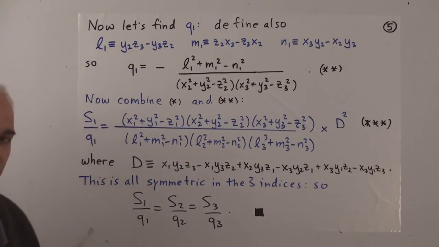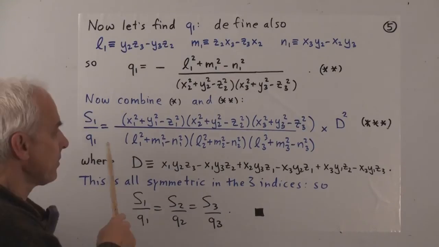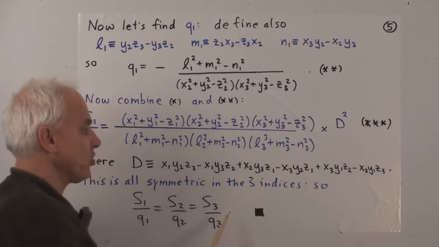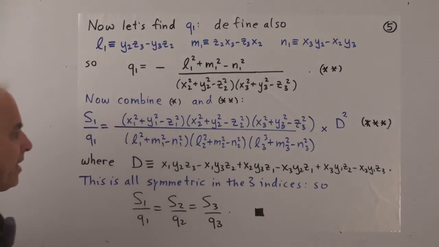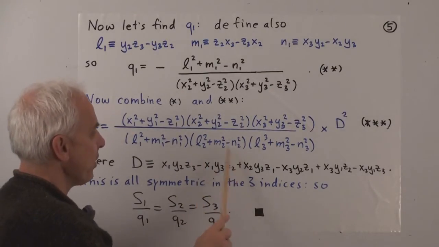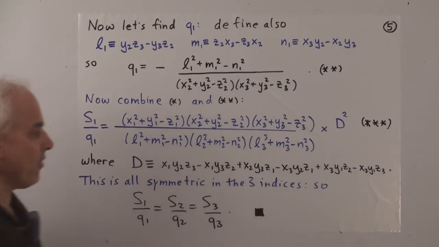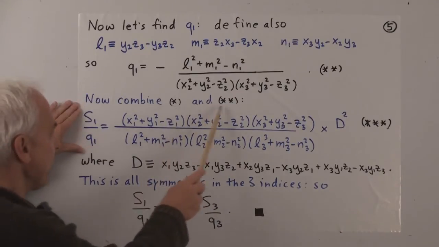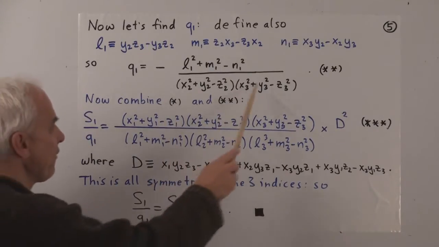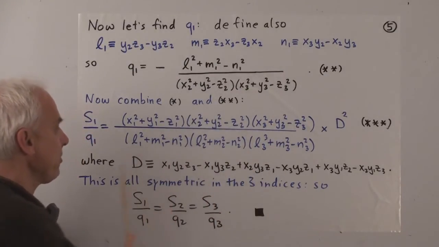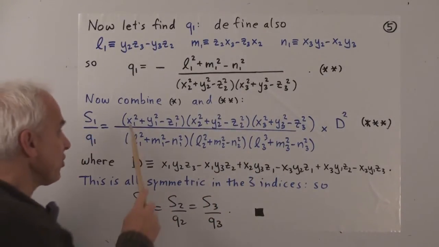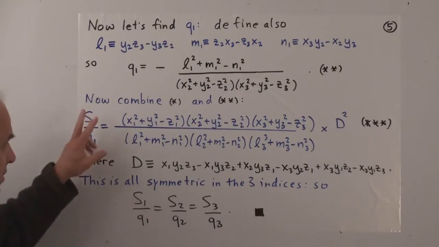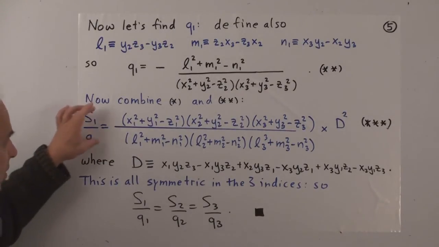So the S1 term on the previous page, the starred formula, involved also a minus sign together with this term and the d squared term, where d was this long expression, divided by L2 squared and so on times L3 squared and so on. So this is a direct combination of the star and the double star formulas. The double star formula contributing this term, and this term at a minus sign. The star formula contributing this term, this term, this term, and this term, and another minus sign. The two minus signs cancel, and so we get S1 over Q1 is this.